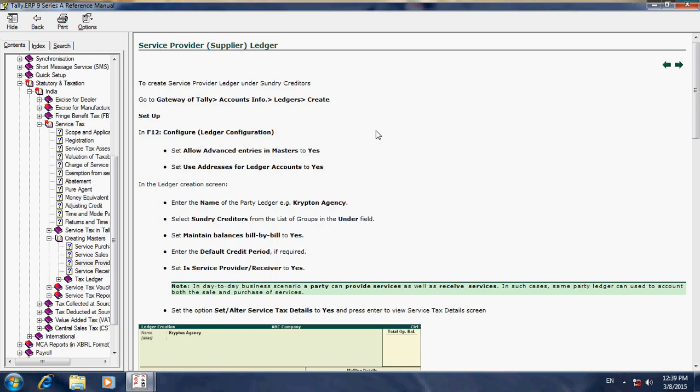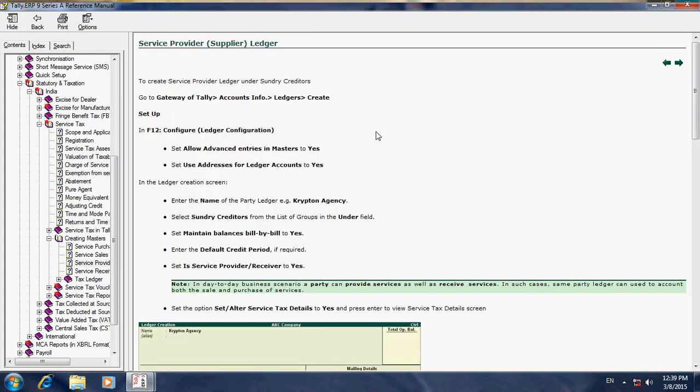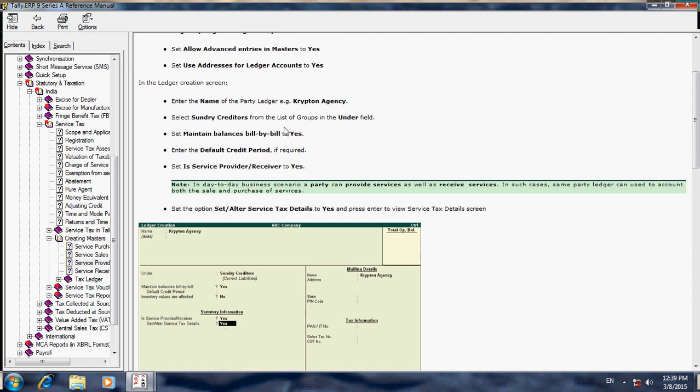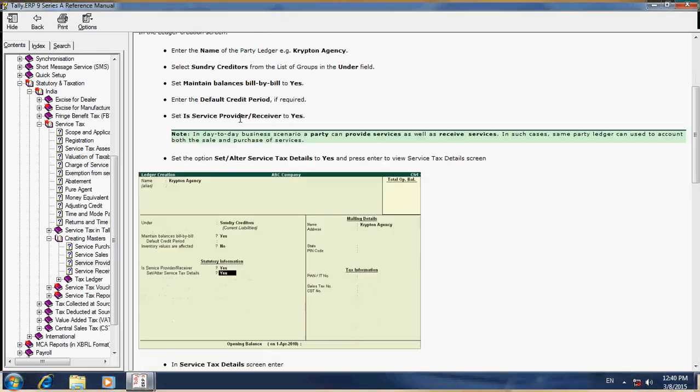Next step is the service provider, that means the sundry creditor ledger. Go to Gateway of Tally, Accounting Info, Ledger, Create. Enter the ledger name, as this is the service provider. Enter that name. Under group enter Sundry Creditors. Set Maintain Balances Bill by Bill to Yes. Default credit period. All this you just follow blindly.